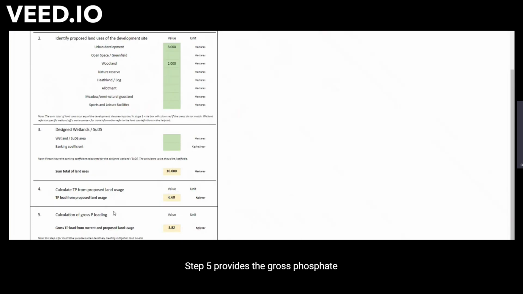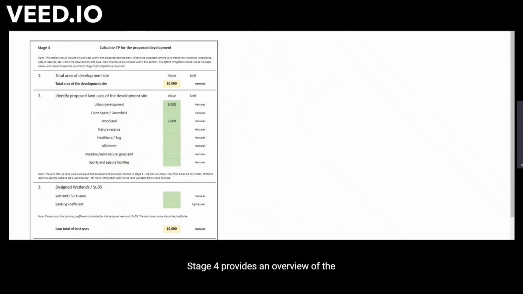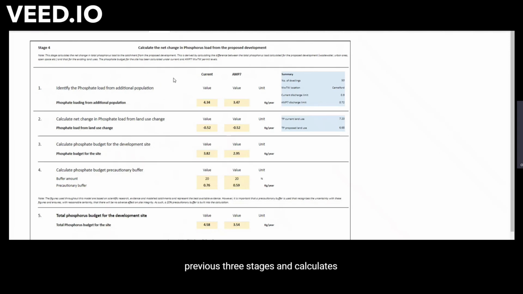Step 5 provides the gross phosphate loading and should be used as a guide when iteratively adding on-site mitigation, which will be discussed later. Stage 4 provides an overview of the previous 3 stages and calculates the total phosphate load